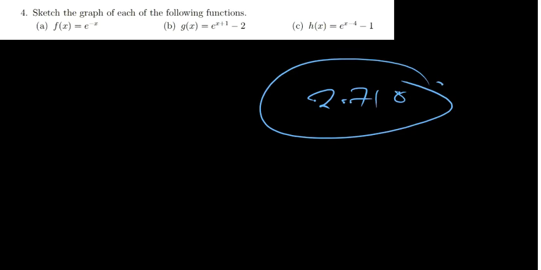But now, since we are not using calculators, we are going to be using the same e. I'm just giving you a hint to say e is a number which is approximately 2.718, somewhere there. It's just a number, which if you want you can know it, but just know that it's a number. So now I'll start with part A, which says f of x is equal to e to